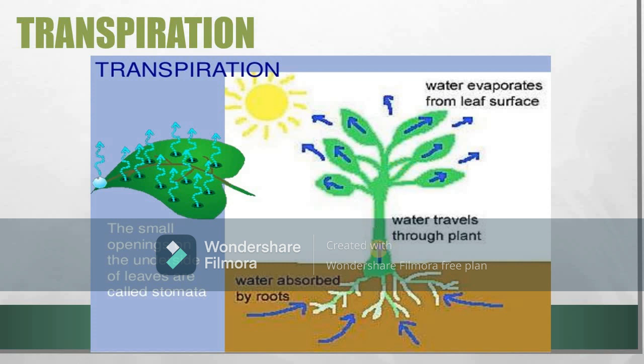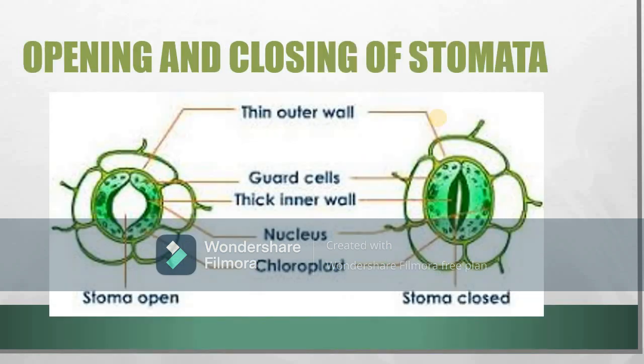Most of the transpiration actually occurs through the stomata. That is why it is called stomatal transpiration. And the mesophyll cells of leaves provide a large surface area for evaporation. If we talk about the whole process of transpiration, water is absorbed by the roots. It travels through the plant and moves to the aerial part of the plant, that is the leaf. Then transpiration occurs and water evaporates from the surface of the leaf into the air spaces of the leaf, and the water vapors then diffuse from the air spaces, move towards the stomata, and then move out into the air.